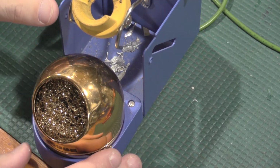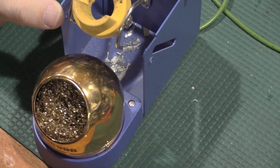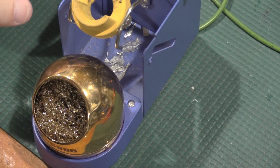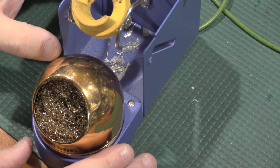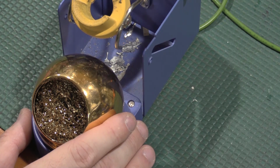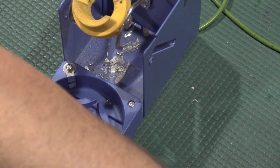So what I'm going to end up having is, as I clean the iron, I'm going to be pulling charge off the tip. The tip is always going to be pulling charge off the tip going back to ground. So I shouldn't build up any static on the tip of the iron at all to help with some of this sensitive soldering that I'm going to be needing to do. So what that's ultimately going to look like